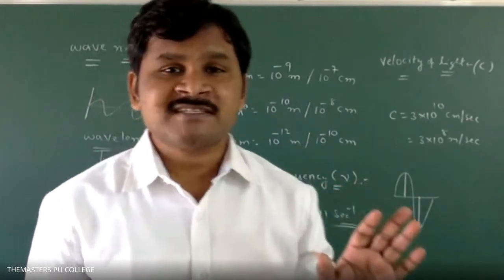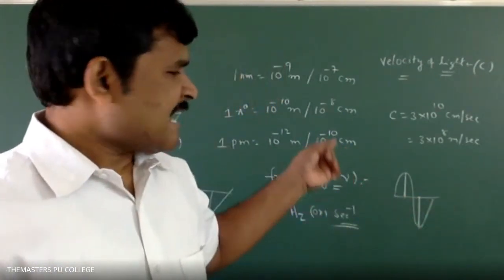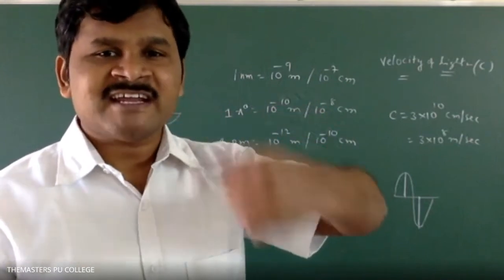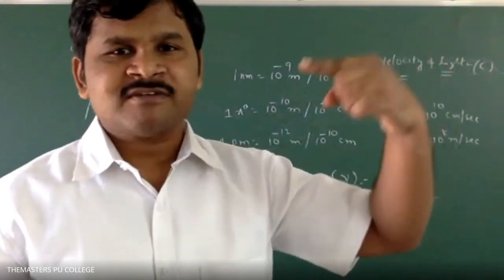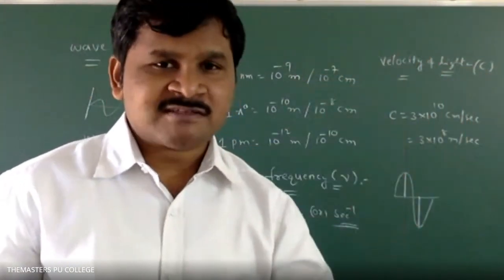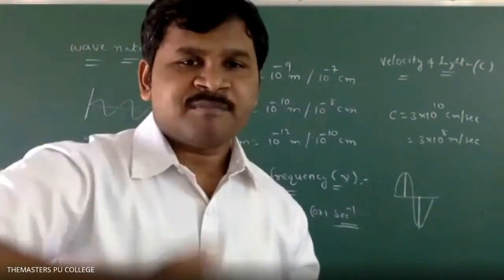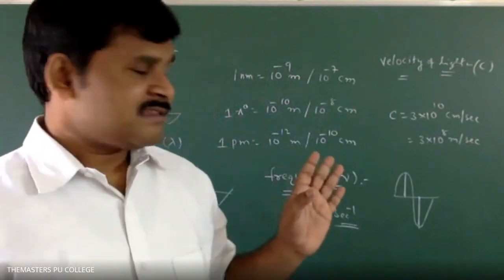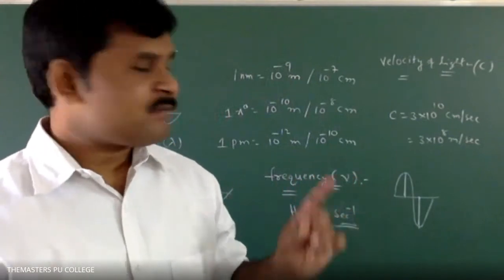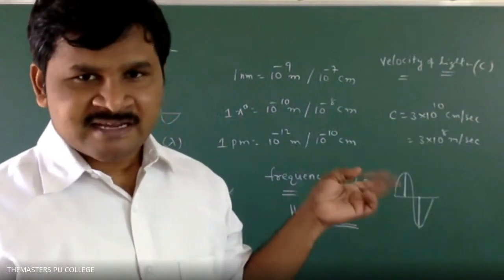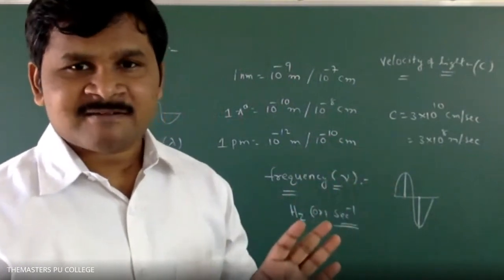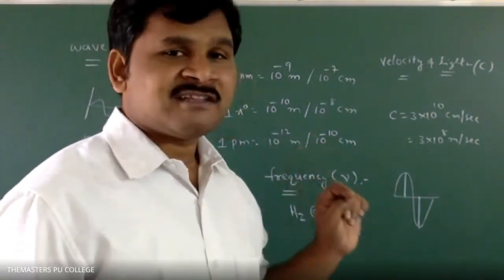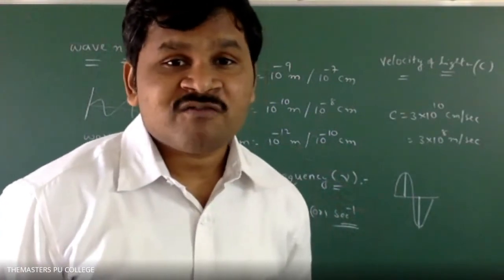Why does it happen? Suppose the height or depth of the wave is less, the number of waves produced is very less, means its power is less. Suppose the height or depth of the wave is more, it propagates for more time when compared with the first case. Clear? So that's why the intensity of a wave we can determine by using what? Height of the crest or depth of the trough. Are you clear? Next, last one: velocity, amplitude, wave number, reciprocal of wavelength.